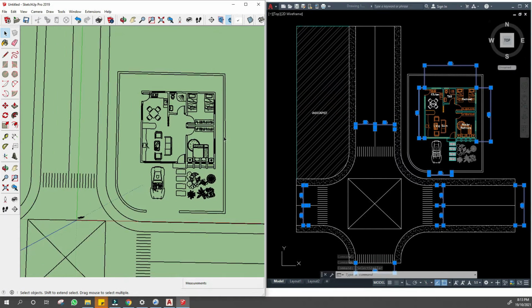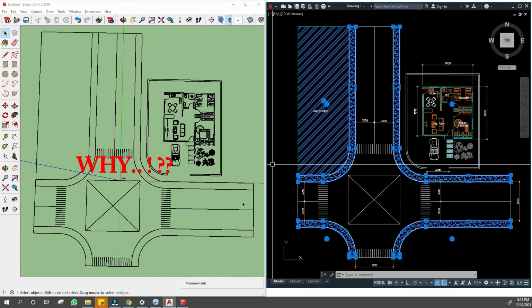If you ever want to import CAD files into SketchUp, then please watch this video, and you will learn how